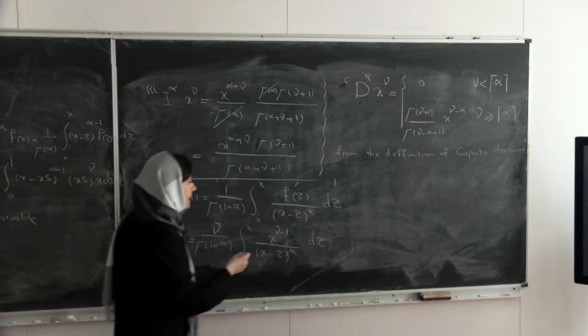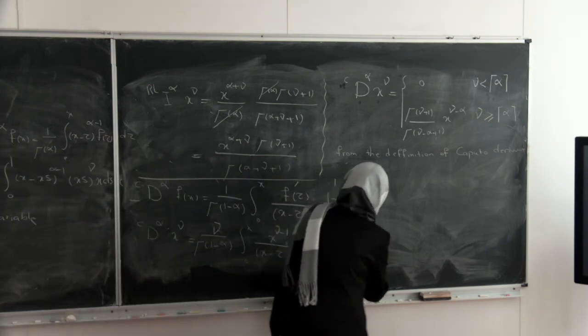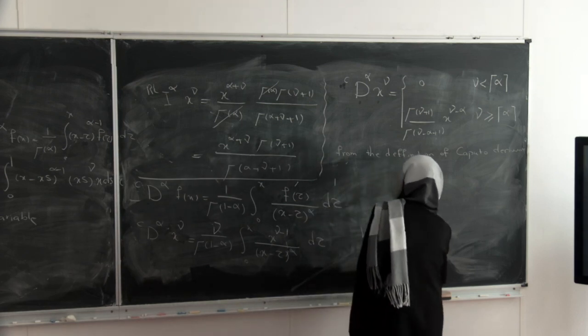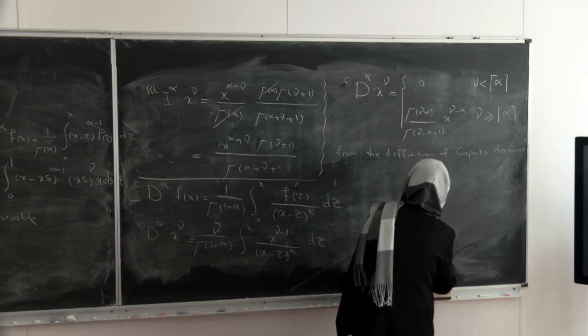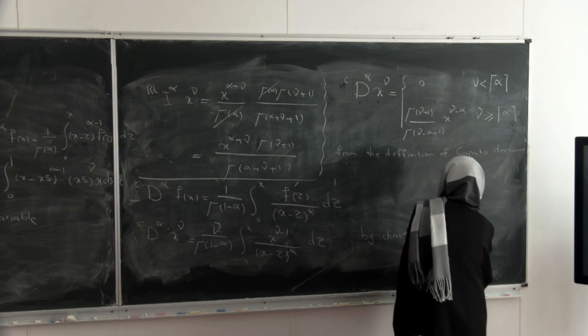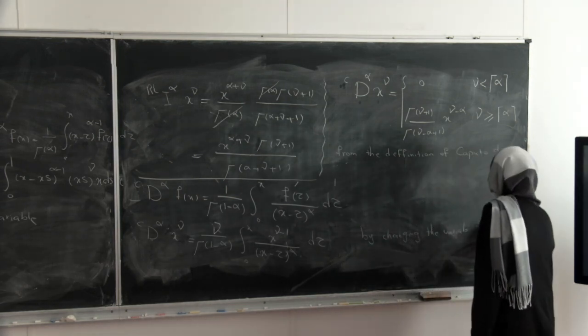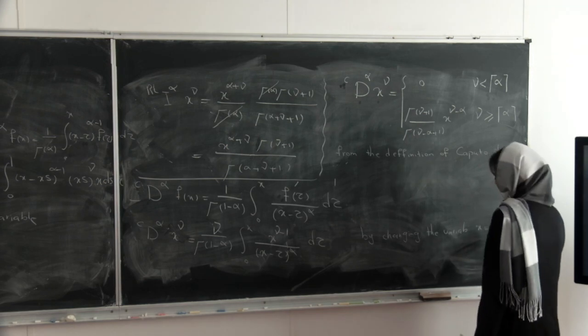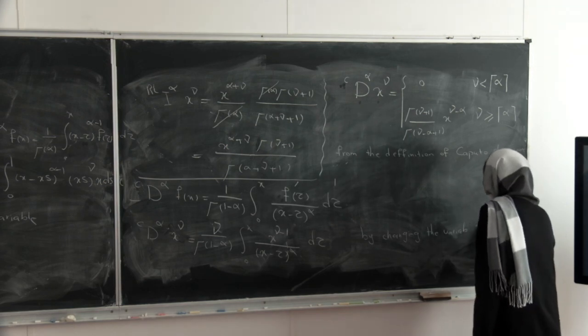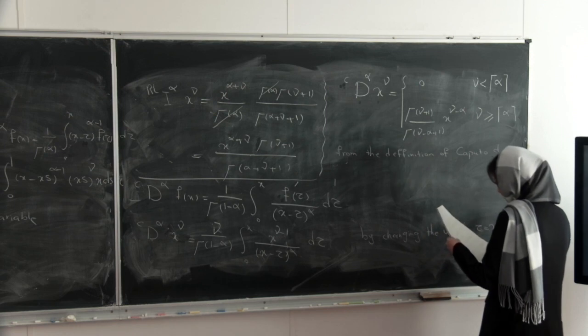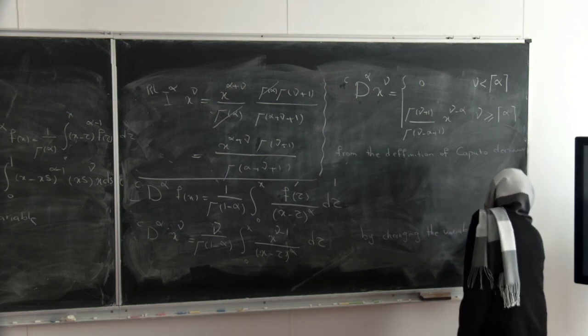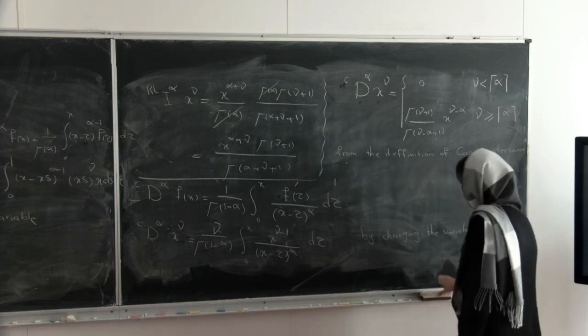Here again, by changing the variable, tau equals xs, and d tau equals x ds, we can write